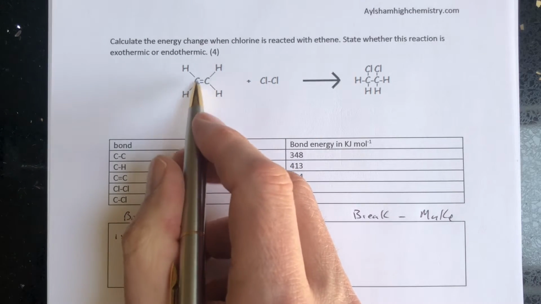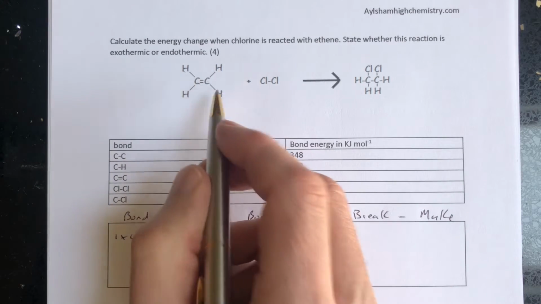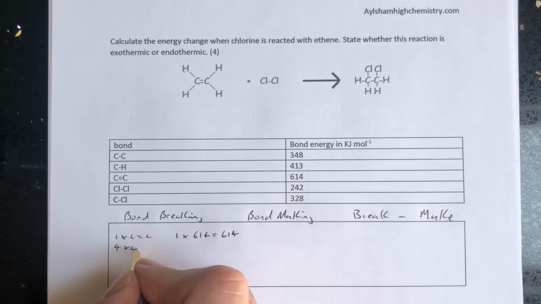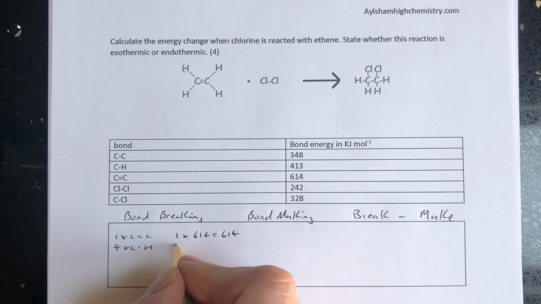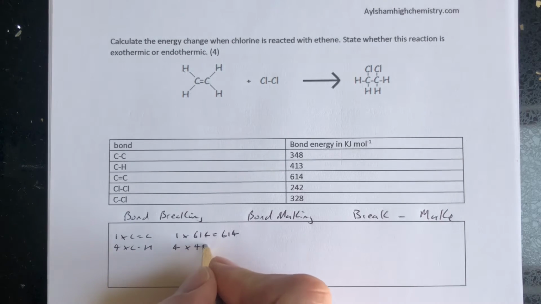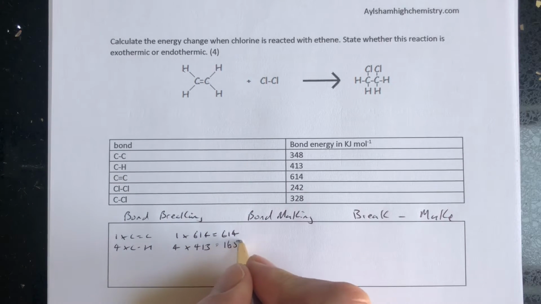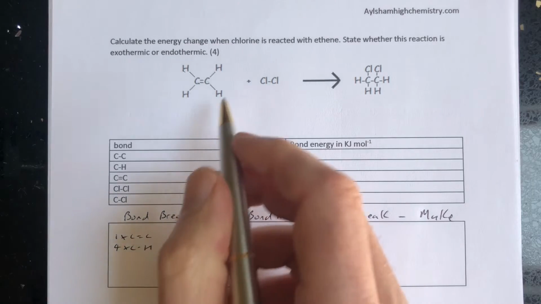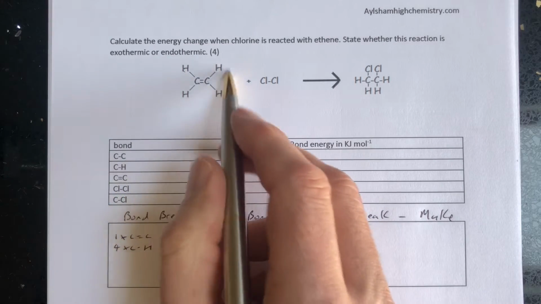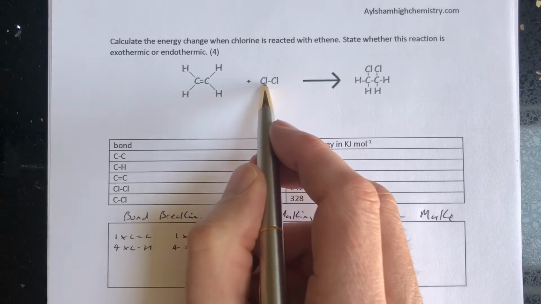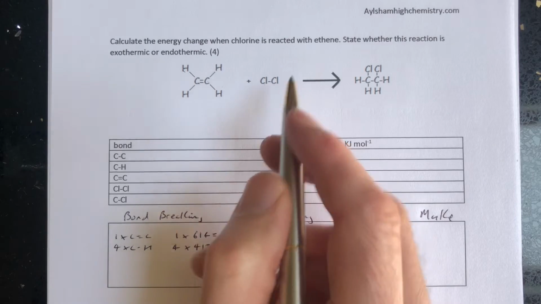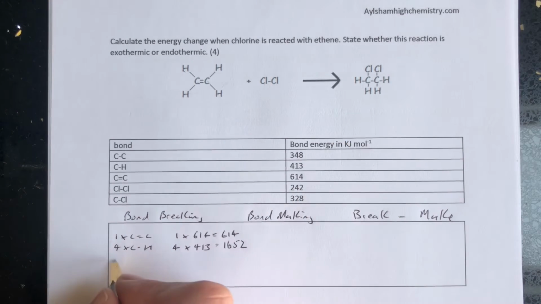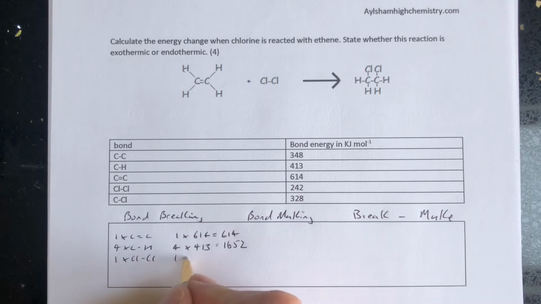Next, I've got 1 carbon hydrogen, 2, 3, 4. 4 times carbon-hydrogen bonds. 4 times 413, carbon-hydrogen 413, equals 1652. Next, so that's all of the ethene bonds broken. Now we've got this chlorine bond here to break. Chlorine bond 242, and there's one of those. 1 times Cl-Cl, so that's 1 times 242